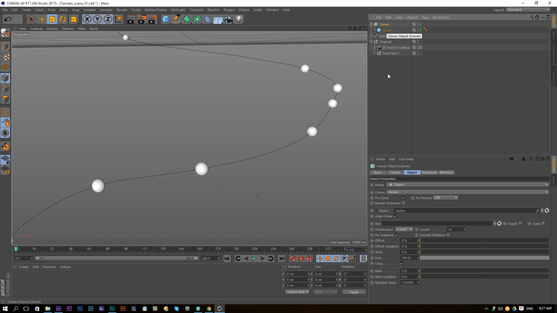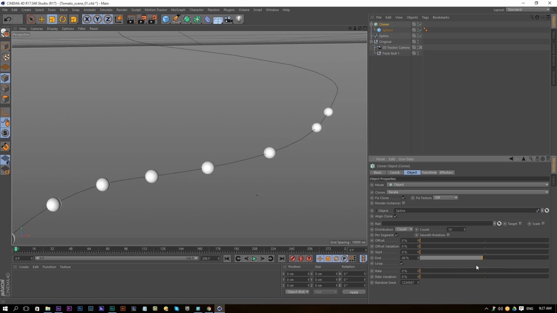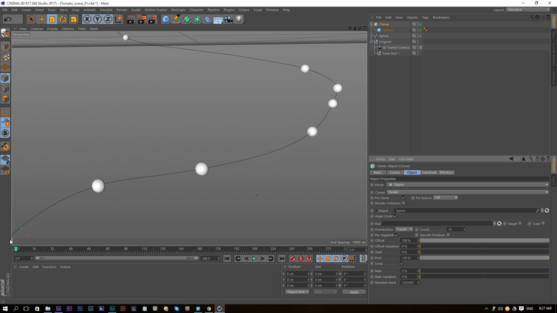So go back to the cloner object, and now if we're going to play with the end, you'll see that it's going to start from the bottom and it moves up. So that's something that we are looking for. And then with the offset tool, you can do a lot of cool things, maybe some variation as well, and the offset like so. But actually, I'm not going to do that for this video. So the offset isn't really important for this video,